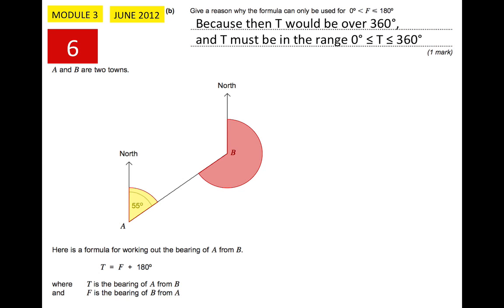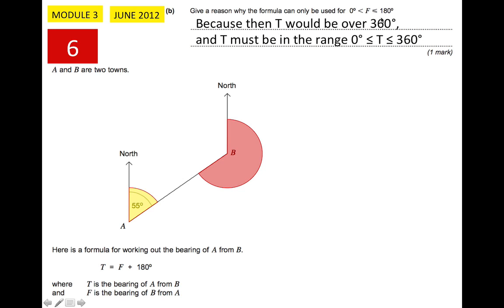Now the next question says, give a reason why the formula can only be used for the angle between 180 and 0. So 55 degrees, the formula is add 180. Why is that only valid up to 180? And here's my reason, because